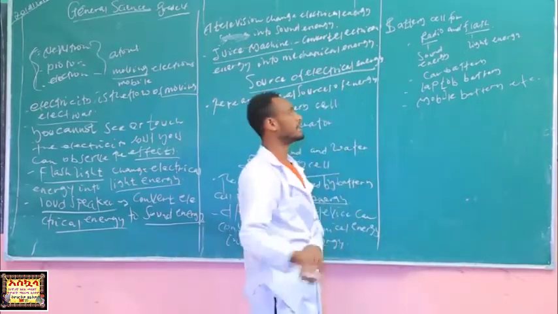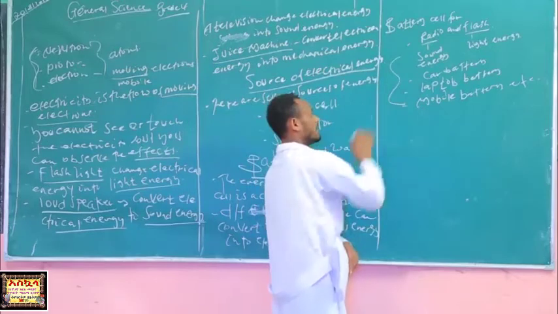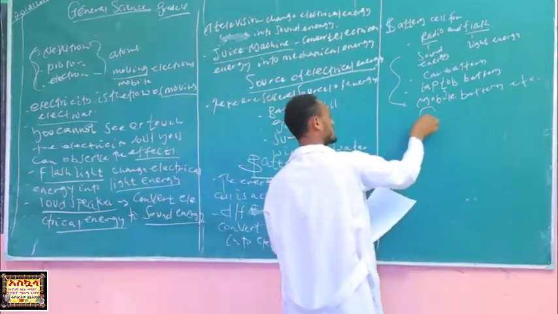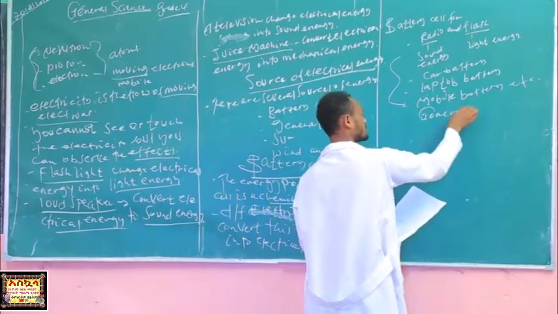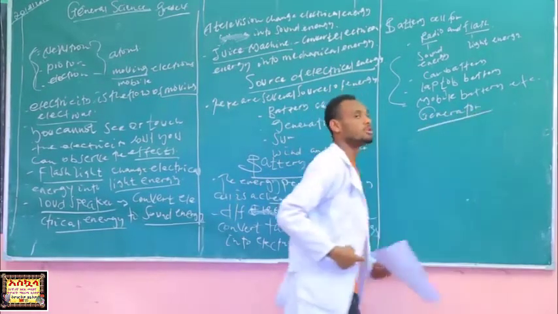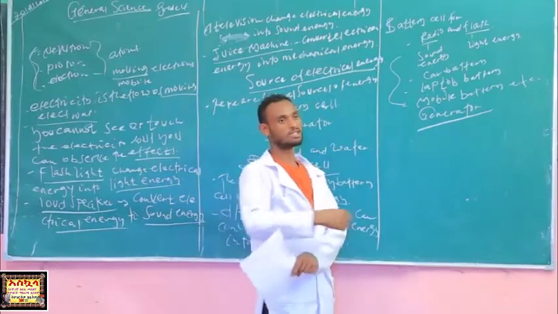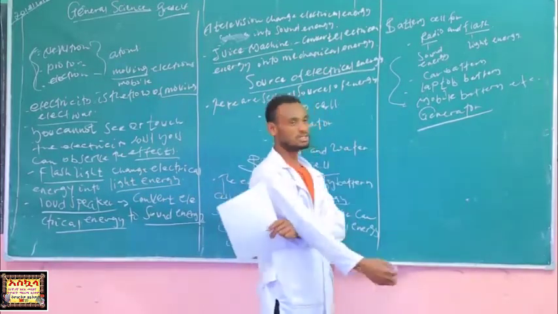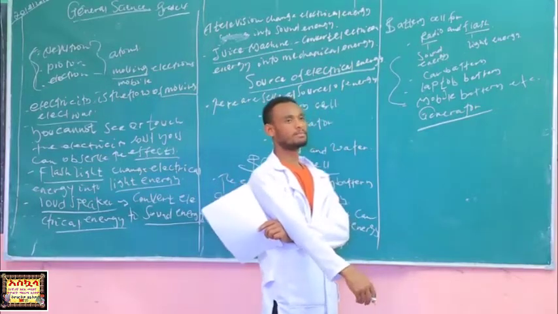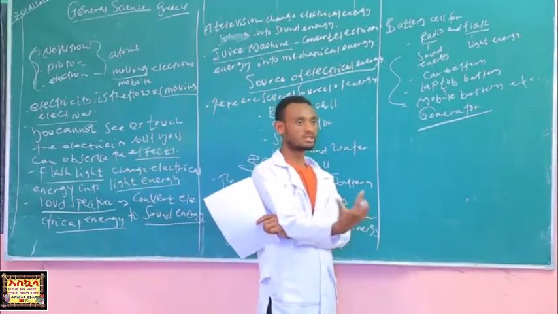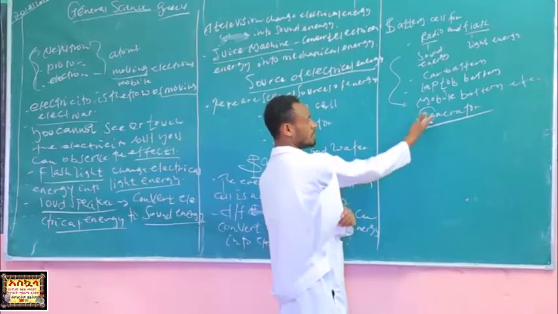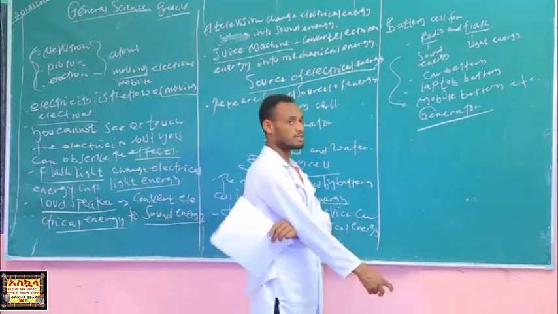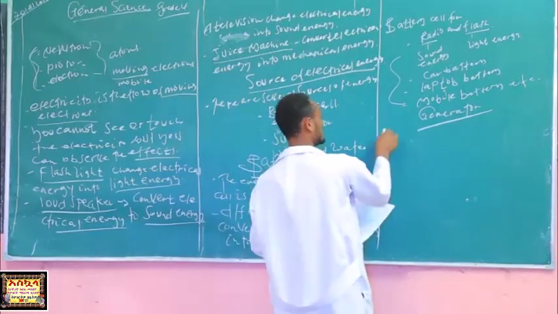to electrical devices. Students, the second one is the generator. I hope you know the generator and its functions, because it's found in your locals. What is a generator, students? What type of energy is transformed? What type of energy is found in a generator? Students, good. A generator is a device